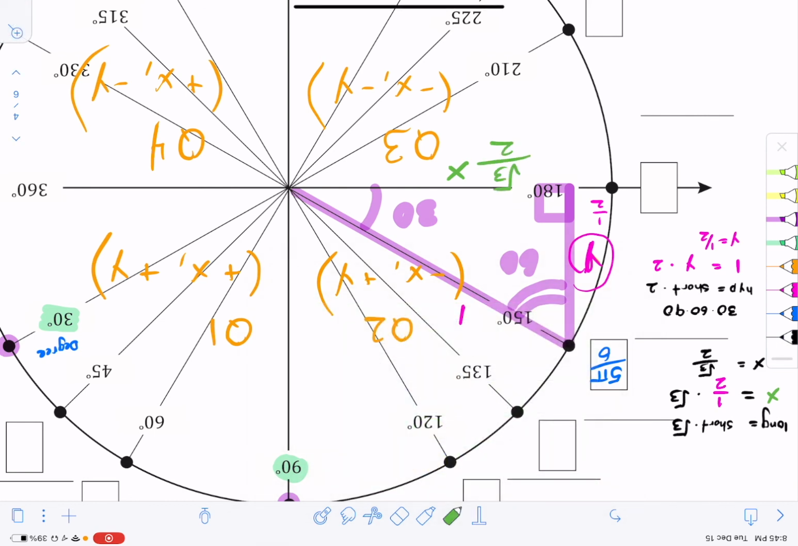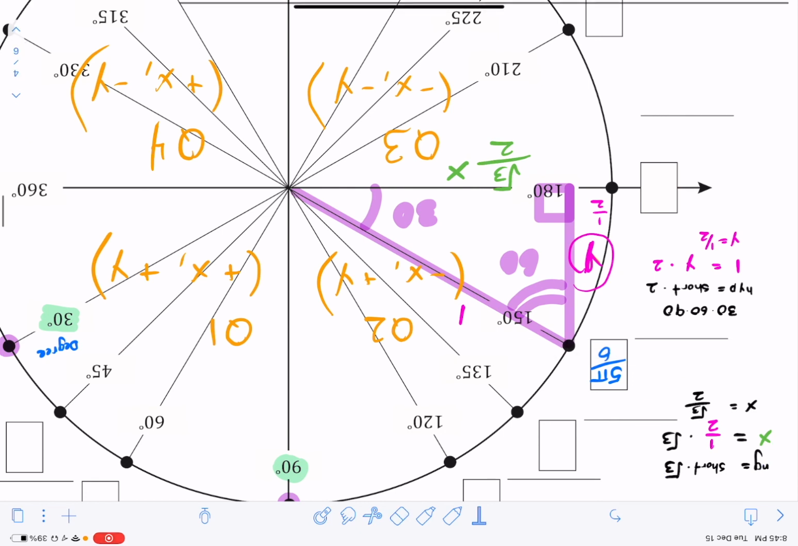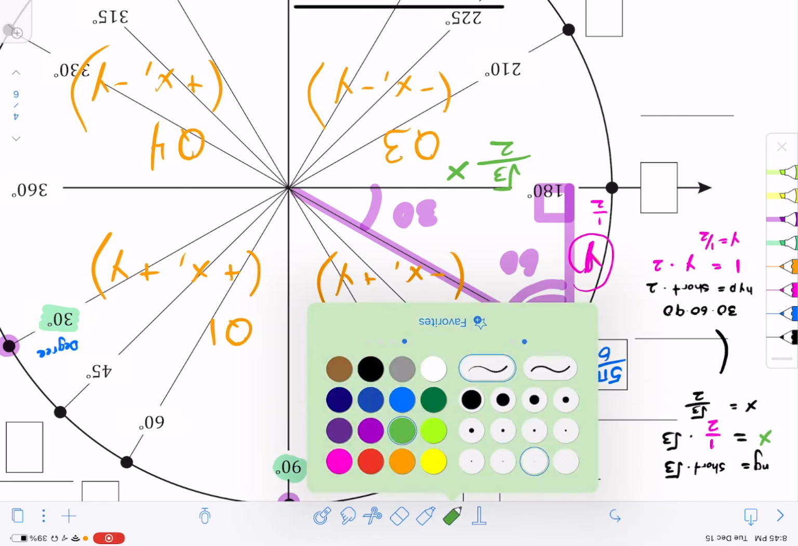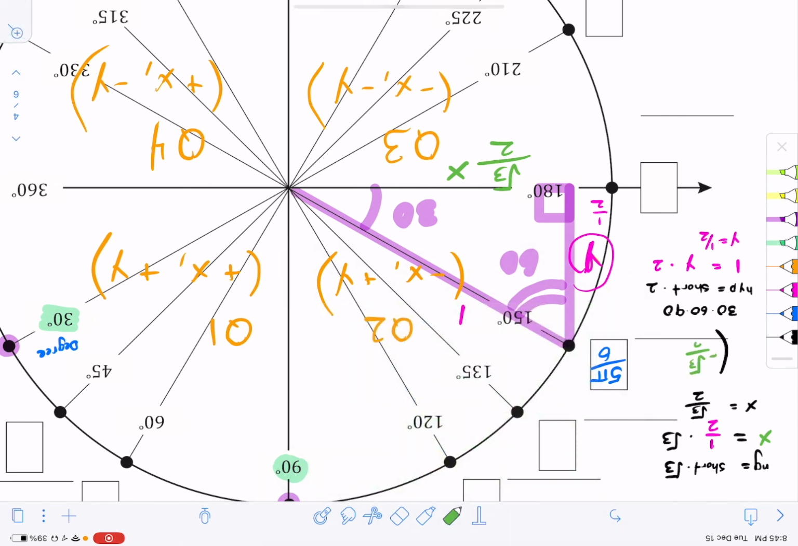So now that we found the sides of our triangle, we're not quite done because we need to make sure we include the correct signs. So in quadrant 2, we have to make sure we include a negative x value. That tells me that my x value here is now going to be negative square root of 3 over 2. And quadrant 2 includes a positive y value, which is 1/2. So we just did the work. We know that 150